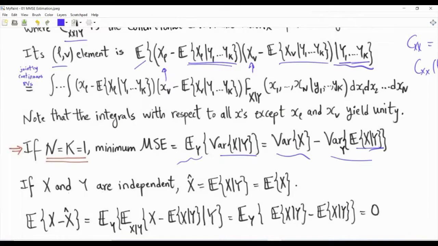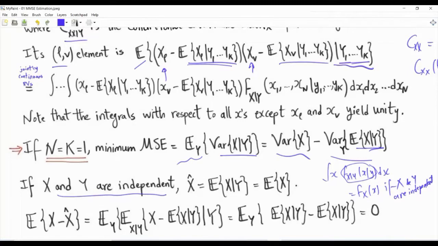Now, of course, if x and y are independent, then the expectation of x given y, if your variables are continuous, uses the conditional distribution. But if x and y are independent, then this is equal to fx of x, and you end up with the conditional distribution of x given y being just the distribution of x itself. So the conditional expectation of x given y is the expectation of x itself. Which means that